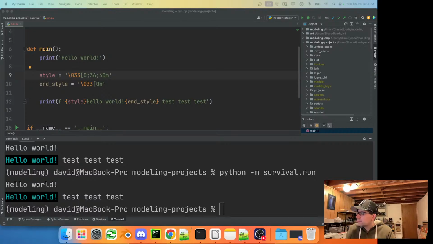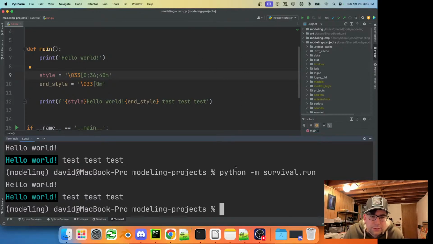Let's see here. One for normal. One. Cyan, so they have 0, 36, 47. Interesting. I'm not really sure about how you do the bright colors or not, or if that is even working.